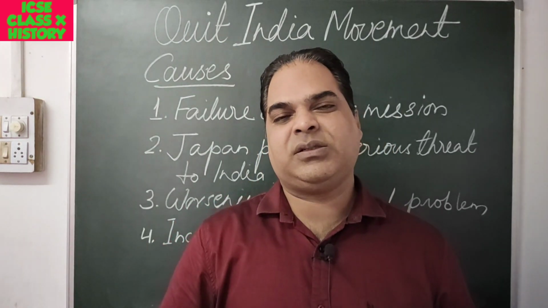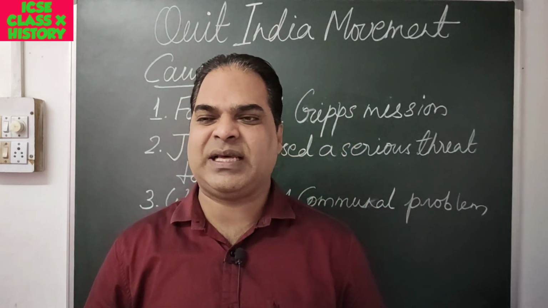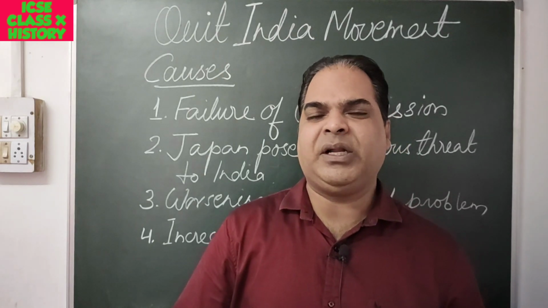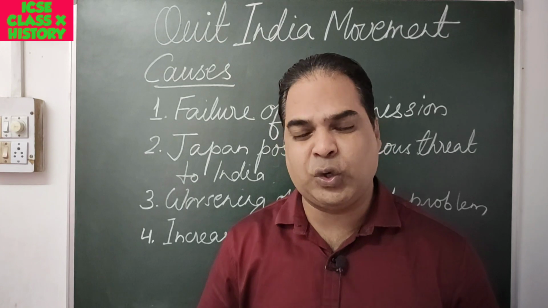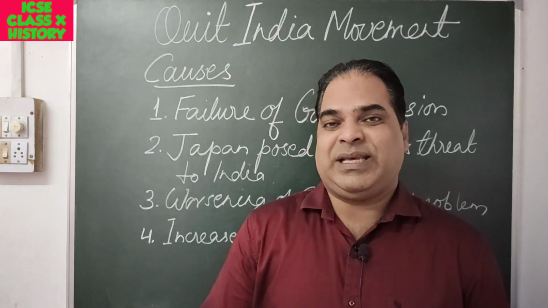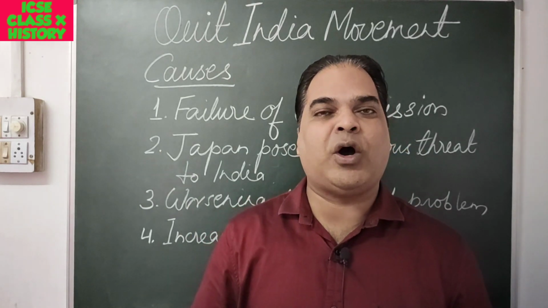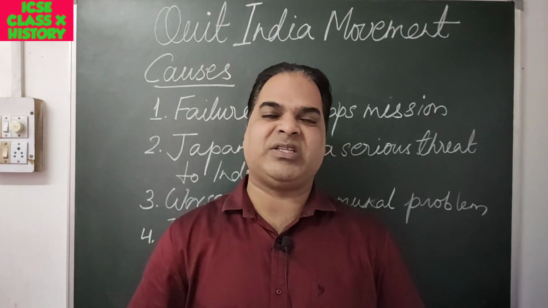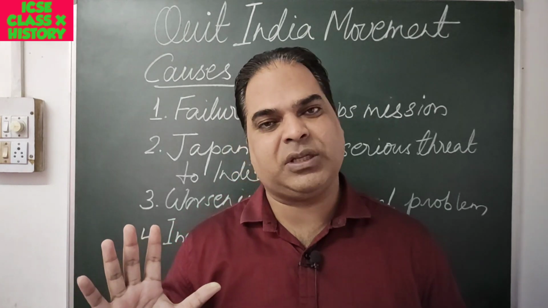The first point on which Congress rejected the Cripps mission was that Gandhiji was of the opinion that from the very beginning the Britishers had been promising them, but they did not fulfill a single promise. So Gandhiji condemned the proposal, saying that it's a post-dated cheque on a crashing bank. A cheque is given, but of a crashing bank. So Gandhiji did not accept the Cripps proposal.